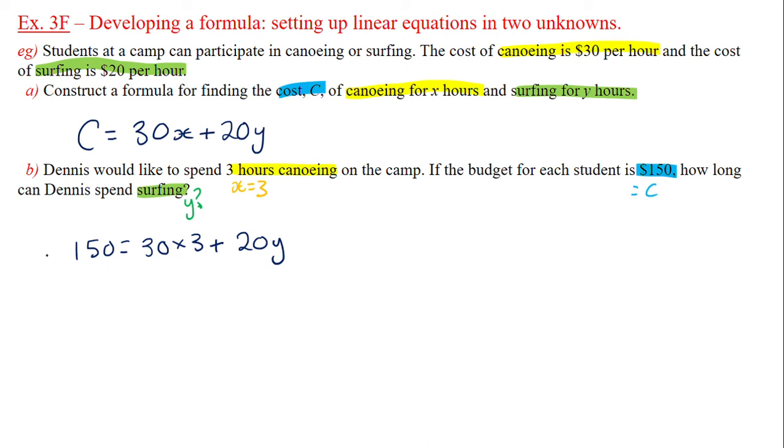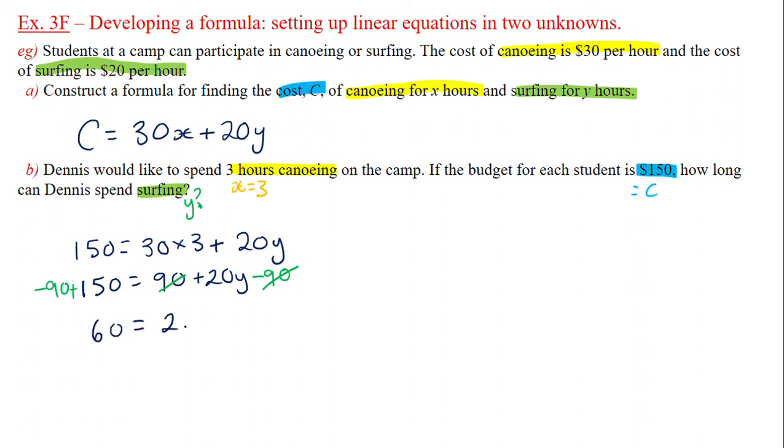You can do this on your CAS using the solve function. We will do it by hand. So simplifying this, 30 times 3 gives us 90 plus 20Y. And now we're aiming to get Y on its own to get a solution. So we'll start by subtracting 90 from both sides. And that will give us 60, I believe, yes,